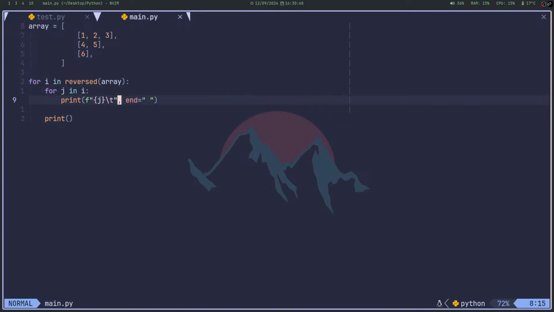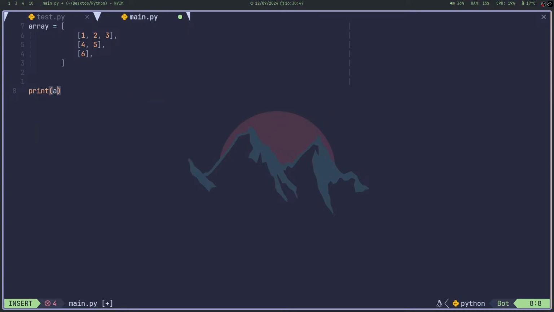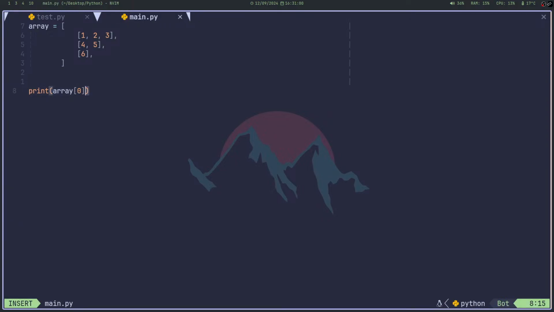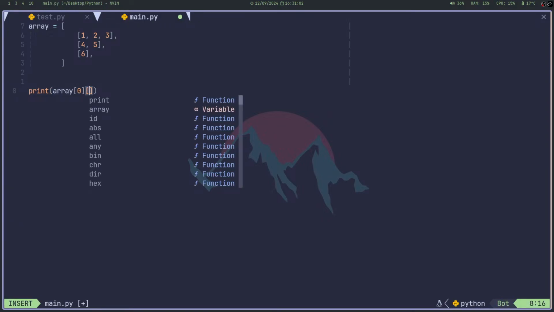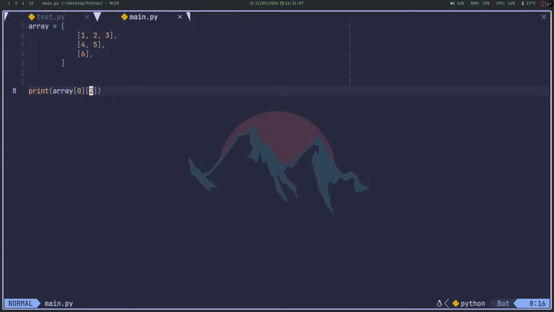What if? I want to check something. What if I do print array of 0, 0? This should not work. Oh, it does. Yeah, it does work because I'm not accessing. Now I am accessing something like, if I do 0, 1, 2, so 2 should get me 3 because I've accessed this. So now, if I access this, you're telling me I can just do